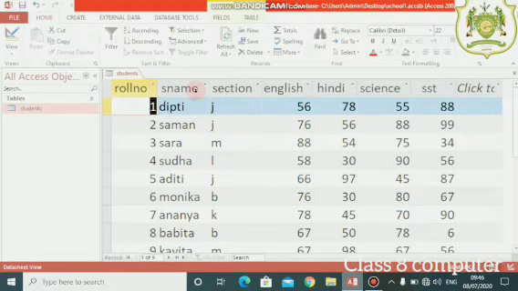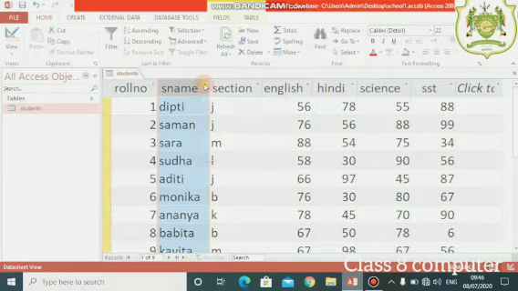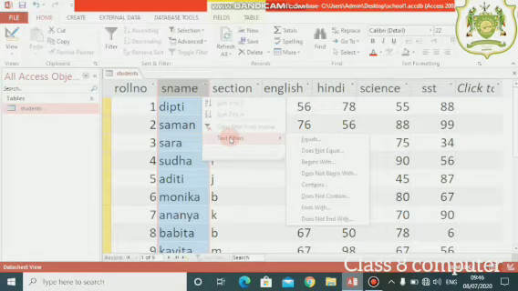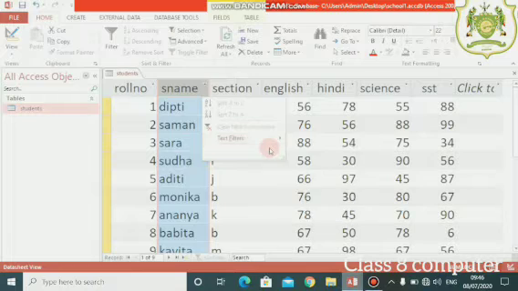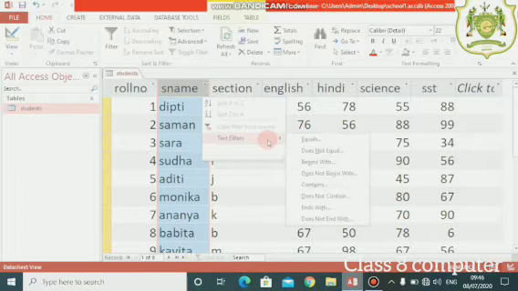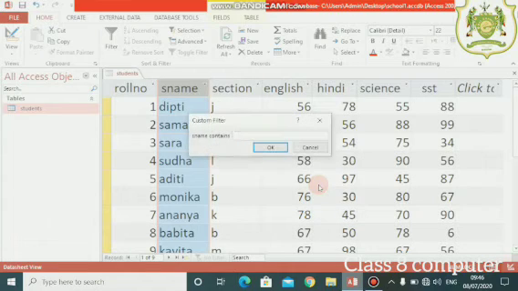Just look at one more example. I am again going to apply a filter, but the condition will be a little bit different. Again, text filters. Now this time I want to display the names which contain A. That means I want to search for the names which have the alphabet A in between the names. So I'll take the help of the contains filter. Contains. Now what alphabet do I want?